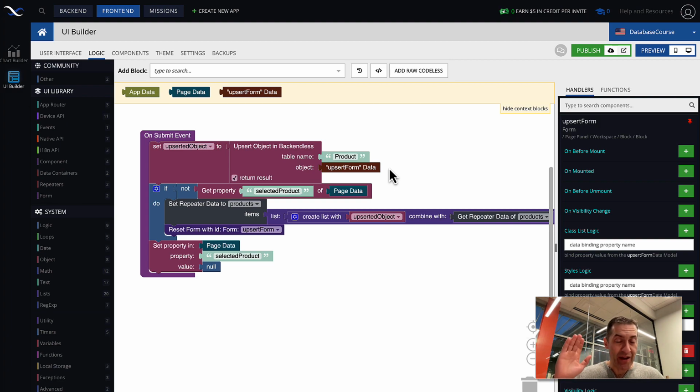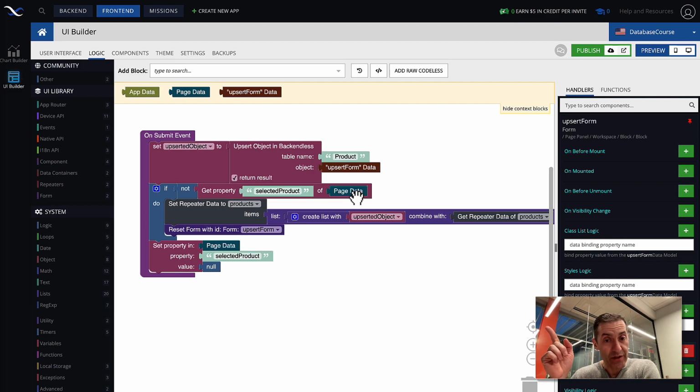So when we started with a blank form, it is a brand new object that has all those properties. We send it to the server, it is saved. And then if we selected a product, then this data model will be the object that we are updating. And the structure for them is the same. It's the same properties, whether we're creating or updating. Now, if we select an existing object, a product, and then the form is populated, then the object ID is there. We do not visualize it because we don't have a field for that, but the object ID is there. And that's what triggers the actual update operation, because that object goes to the server.